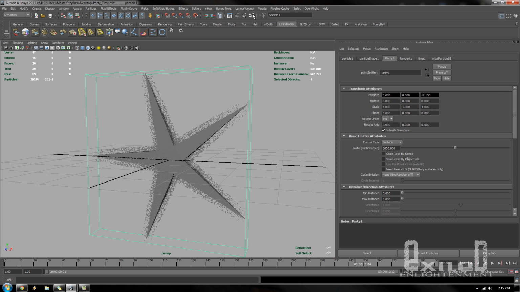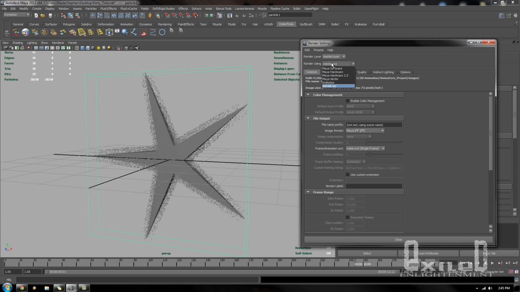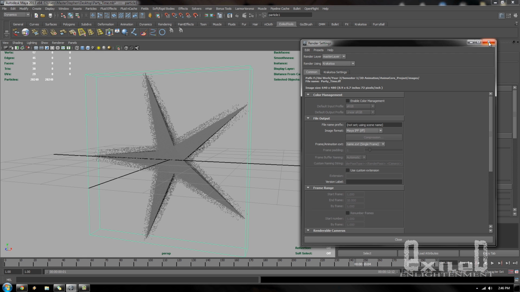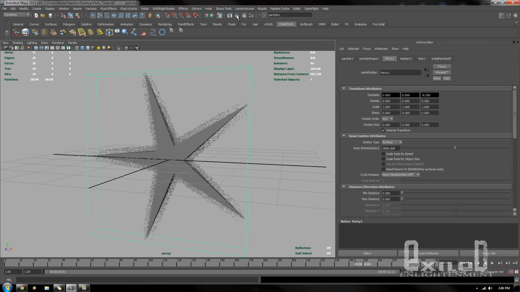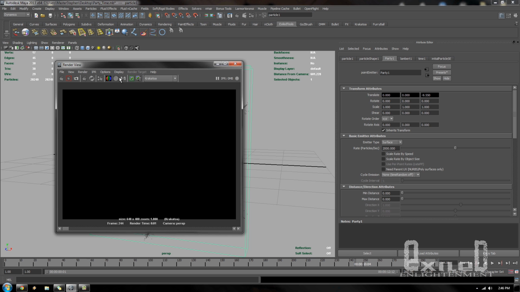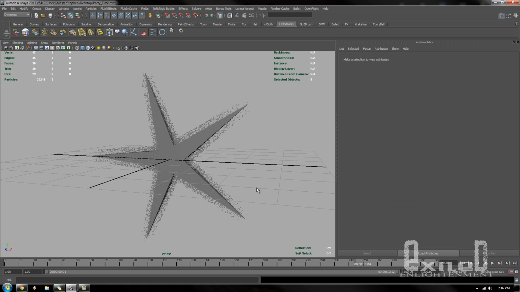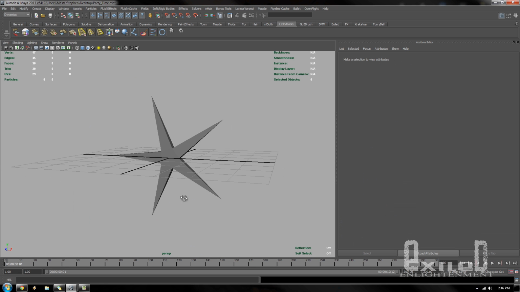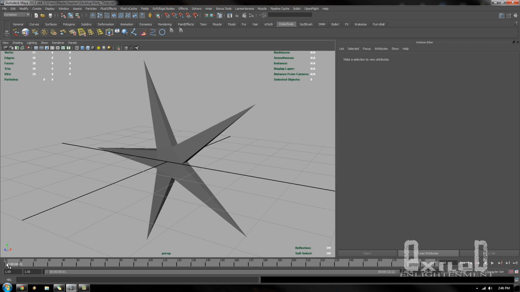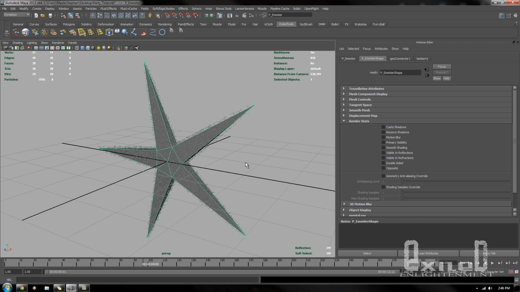Now I'm just going to do a quick test render with Krakatoa to see how it looks. In fact, it'll probably come out black. Yep, but our alpha channel sees all the particles, which is exactly what we want. So for now, we don't need to use that. Next thing we want to do is add some deformers